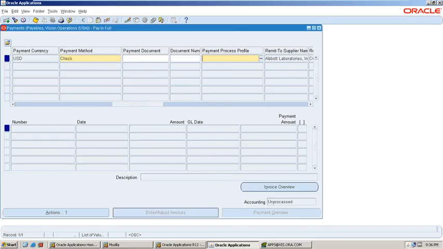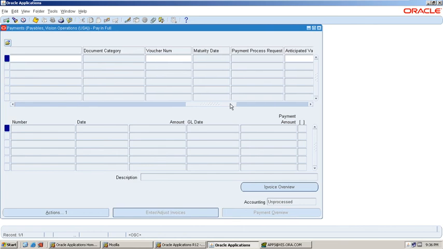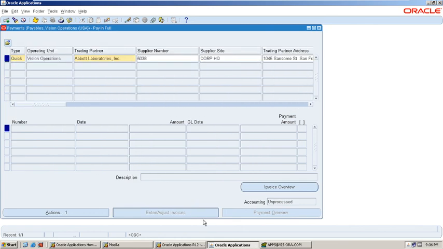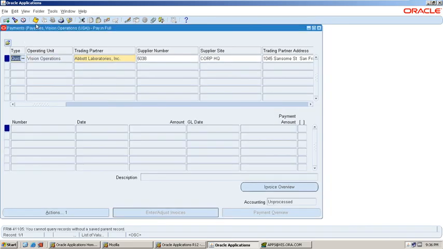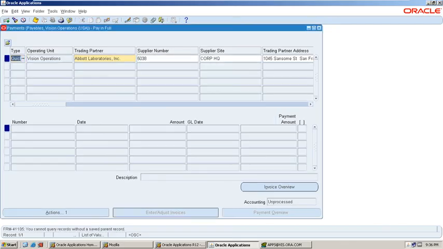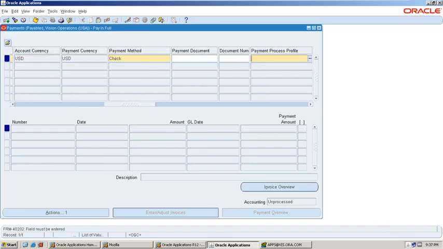Payment process profile. Check ESPS NR format. Document. Okay, this is manual payment.